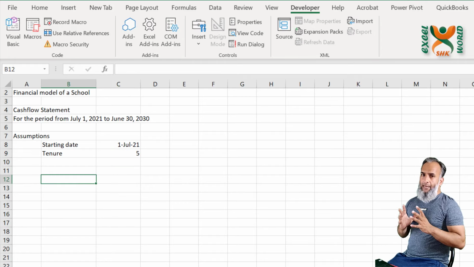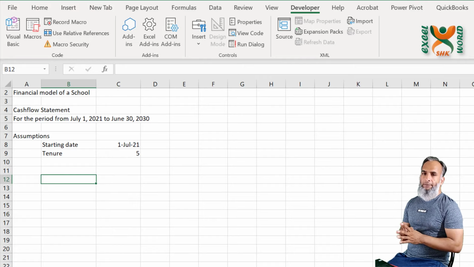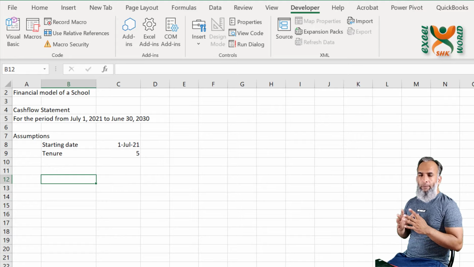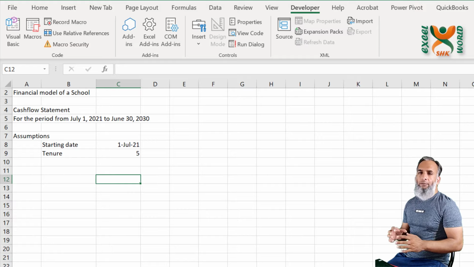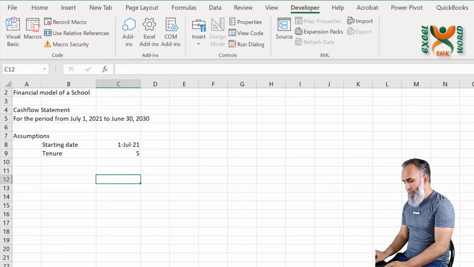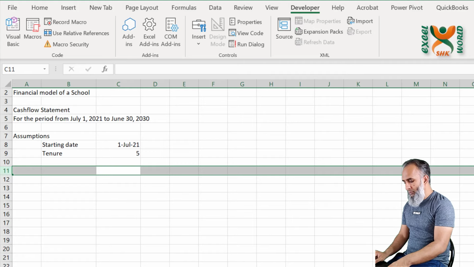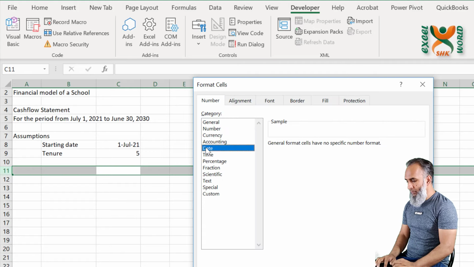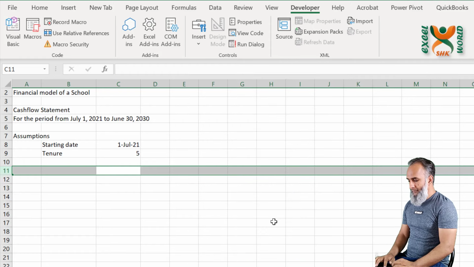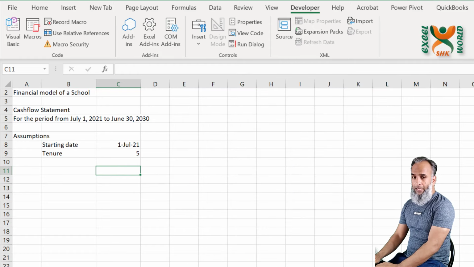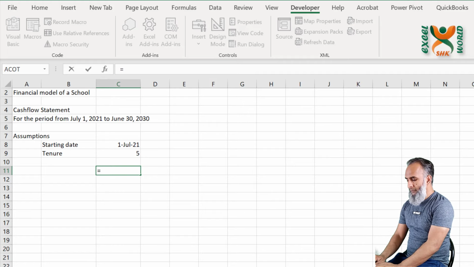And you might have heard about the array formulas in Office 365. So for those who have Office 365, they can follow this procedure. Otherwise, I have given the link to one of my previous videos in which I have provided how you can do this type of work without the array formulas. So here I am going to write a formula so that our years are dynamic. So first I am going to select the complete row, press Ctrl 1 and change the date format to my liking. And here I am going to write the formula equal to DATE,